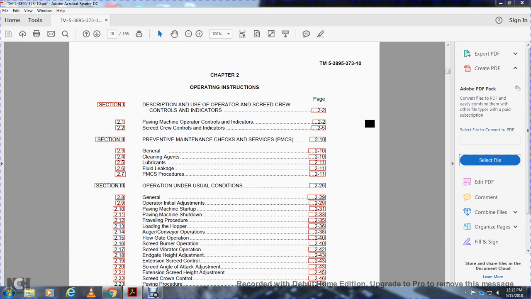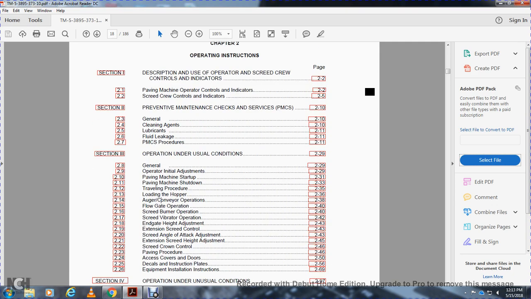Alright, Section 3, Operation Under Usual Conditions, General, Operator Initial Adjustment, Paving Machine Startup, Paving Machine Shutdown, Traveling Procedure, Loading the Hopper, Auger Conveyor Operations, Flow Gate Operation, Screed Burner Operation, Screed Vibrator Operation, End Gate Height Adjustment, Extension Screed Control, Screed Angle of Attack Adjustment, Extension Screed Height Adjustment, Screed Control, Screed Crown Control, Paving Procedure,